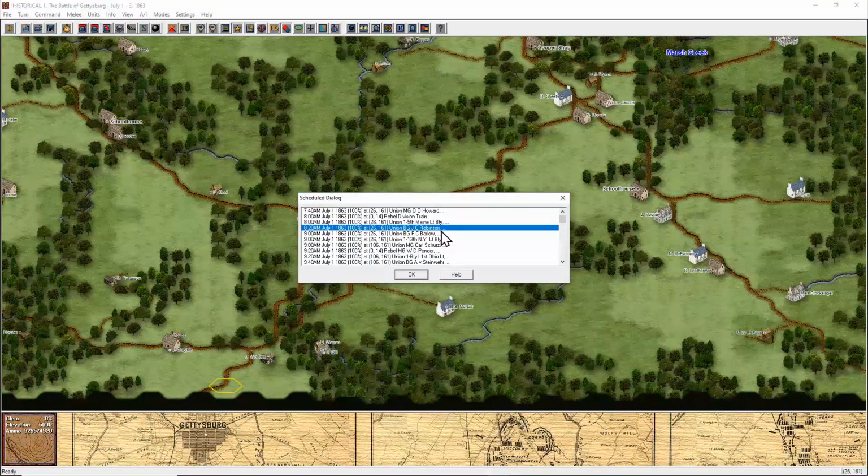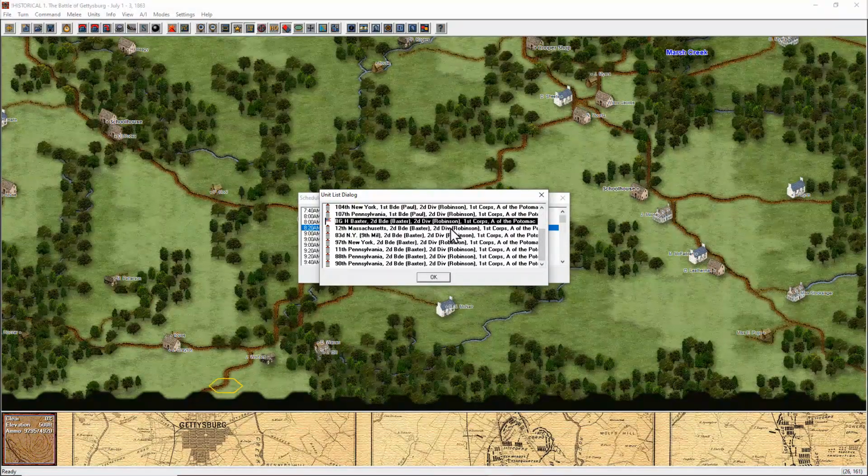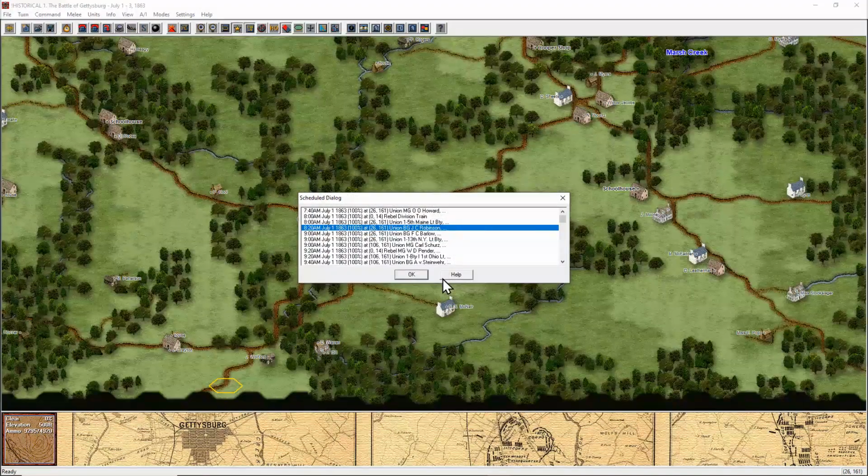Following his name, you will see an ellipsis, signifying that there are more units arriving at that time and place than just the general himself. To see this list, you can double-click on the highlighted line, and a new window will appear. As you can see, Robinson is arriving with 2 infantry brigades of his division, that of Paul with 5 regiments, and Baxter with 6 more. I do wish the game gave you the number of men arriving in each unit, but it does not. It merely tells you who is arriving. Let's click OK here and then discuss